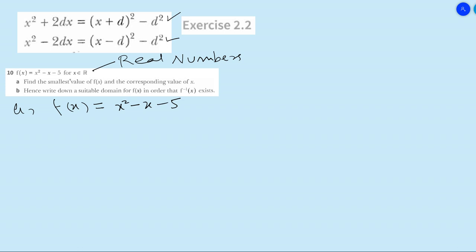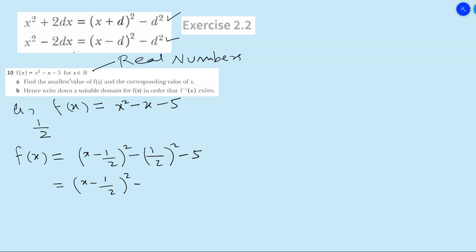What is the coefficient of x? It is 1. So we must divide the coefficient of x by 2, and now f(x) equals, applying the result on the top of the screen, (x minus 1 upon 2) whole square minus (1 upon 2) whole square, and the minus 5 remains minus 5. So (x minus 1 upon 2) whole square minus 1 upon 4 minus 5. Simplify minus 1 upon 4 minus 5 directly from the calculator, or you can take the LCM. So f(x) equals (x minus 1 upon 2) whole square, 4 fives are 20, 20 and 1 is minus 21 upon 4,